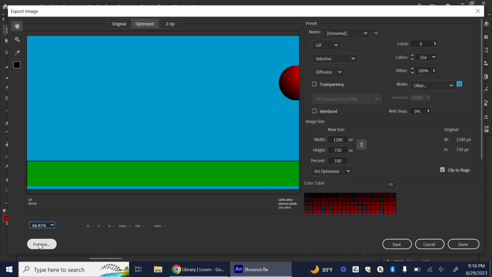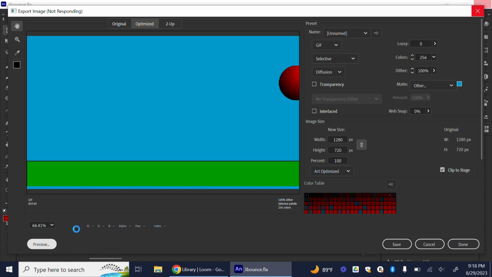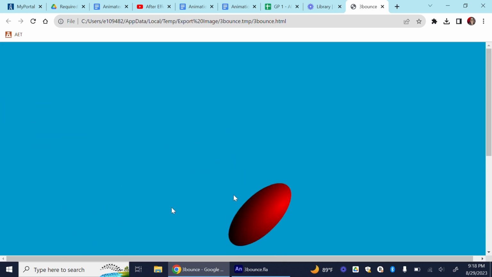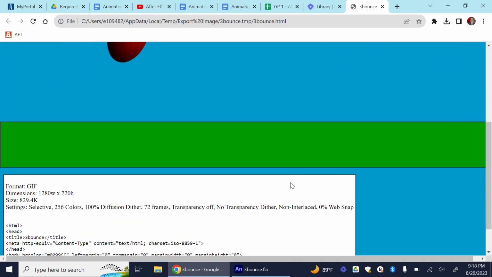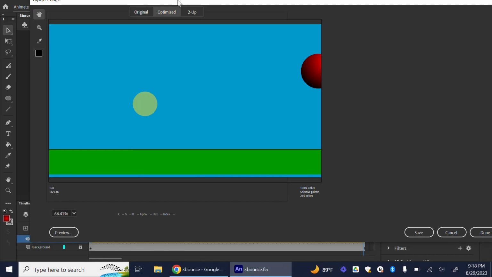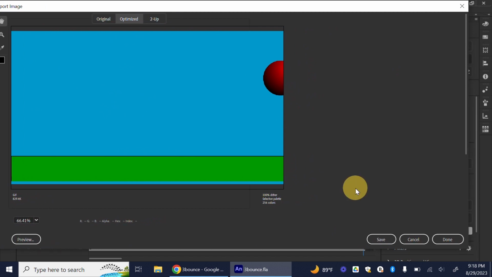You can preview it. Be patient. Okay, so this is the preview of what it looks like. You don't have to preview it if you don't have the time to do that. If you just want to hurry up and get done, that's also fine. I don't know what happened to everything else,